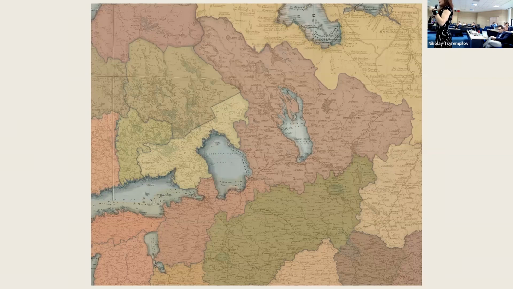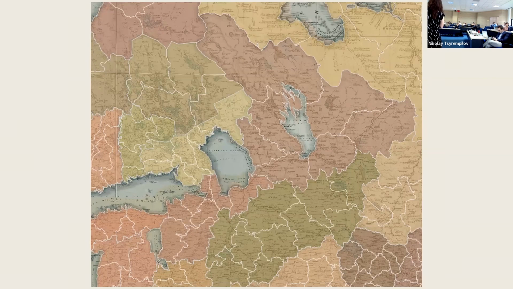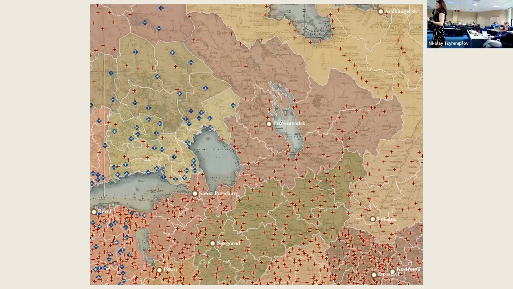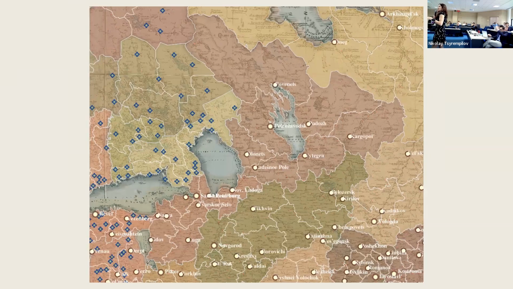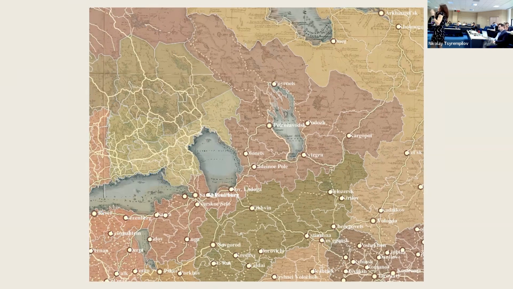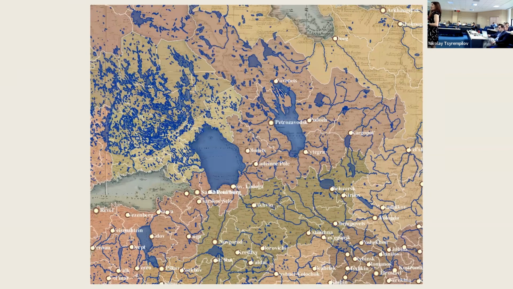So we extracted provincial boundaries, so you can see the different colored polygons, and the districts, right? So the uyezd boundaries. So I know where all of the uyezdi were in the Russian Empire in the 1820s. All of the various kinds of settlements, the villages with the derevnya, the sela, uyezdni goroda, all the different kinds of towns. We have all of the different kinds of roads, the roads maintained at the provincial level, the district level, carriage roads, and bodies of water, lakes, rivers that have names, rivers that don't have names.